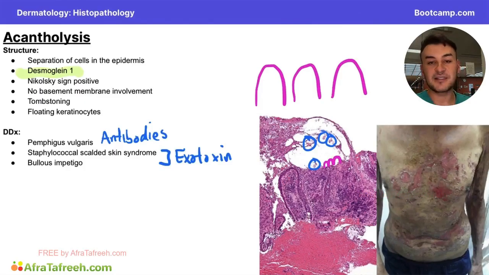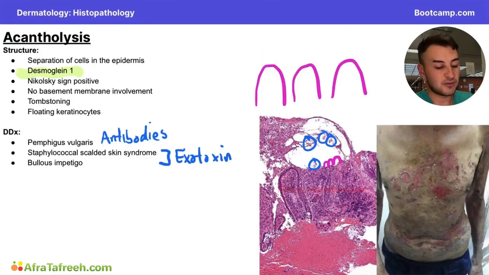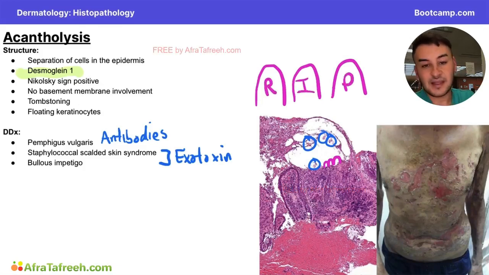Now, this is caused because the keratinocytes, their brothers and sisters, literally get ripped off the roof of them. So you can imagine they used to have brothers and sisters on top of them, but when this blister formed because of destruction of desmoglein 1, these get ripped away and it leaves these tombstones. So I like to think RIP, really sad. That's blistering disease for you. But anyways, acantholysis is going to be characterized by these tombstoning, floating keratinocytes, and it's also going to be Nikolsky